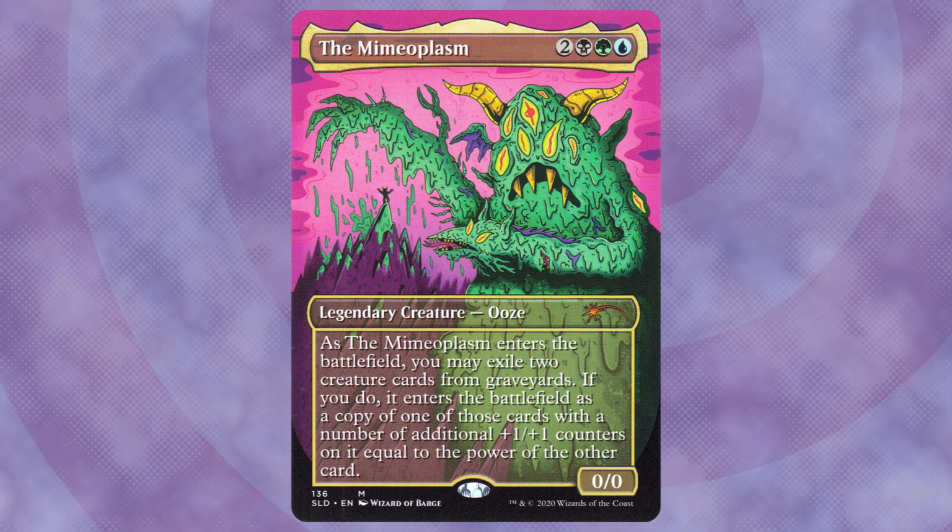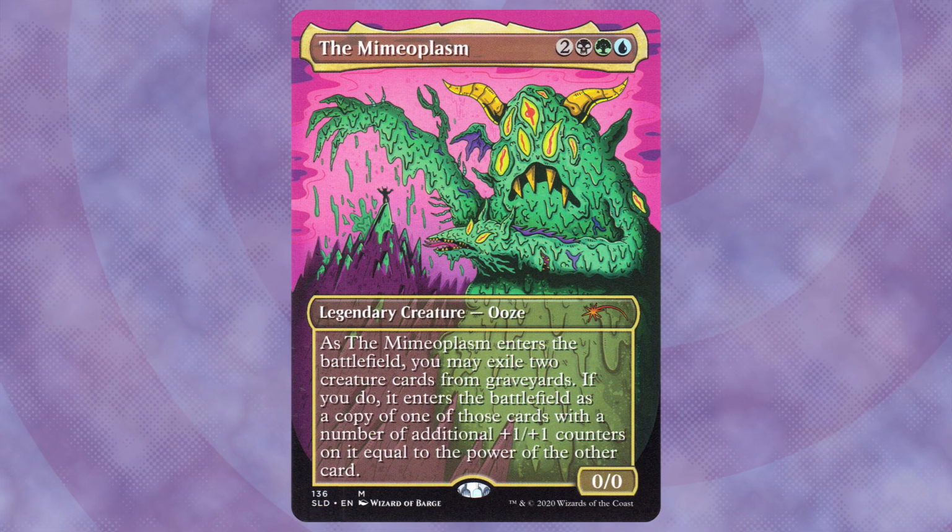Mimeoplasm was originally printed in the original cycle of the first pre-cons for Commander by Wizards of the Coast, and it is an ooze. It's a 0/0. I'll just read the card now. It's a 0/0, blue, green, black 2 for legendary creature ooze. As the Mimeoplasm enters the battlefield, you may exile 2 creature cards from graveyards. If you do, it enters the battlefield as a copy of one of those, and